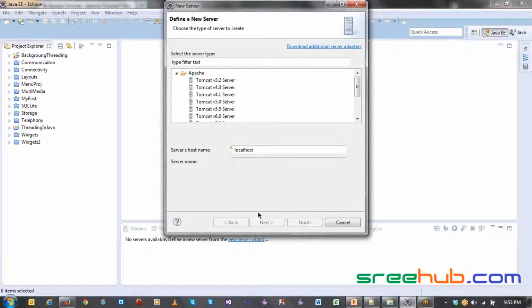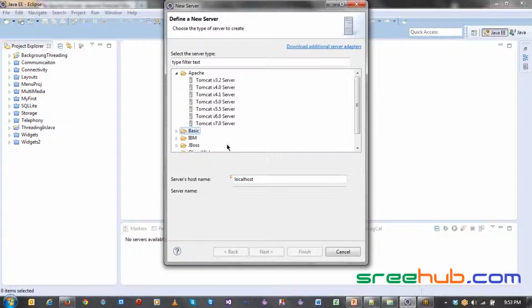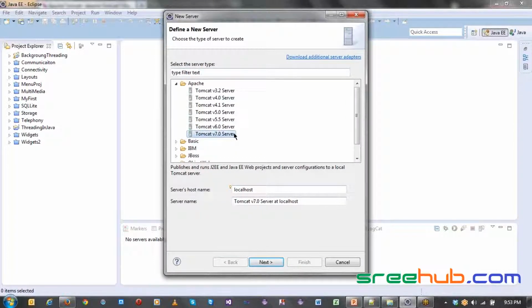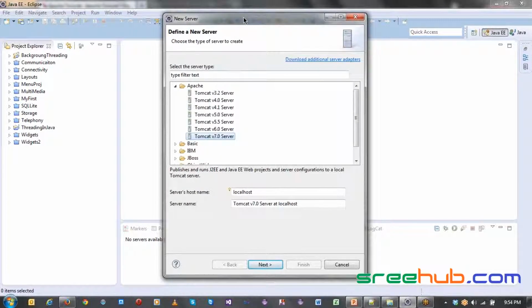If you click on Apache, you can see that the latest version I can configure in my Eclipse is Tomcat 7. Even if your Eclipse is the Kepler version, while I'm using Juno, you will have the same server, Tomcat 7.